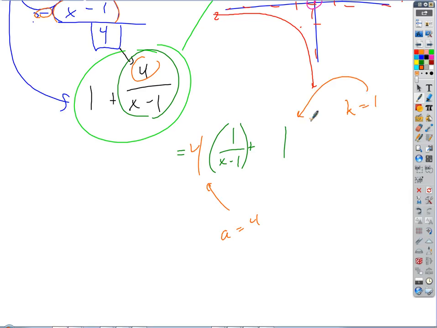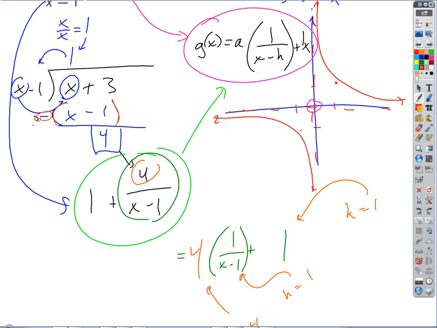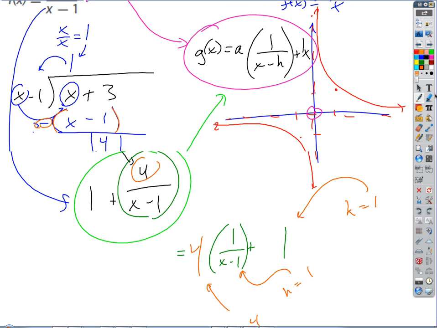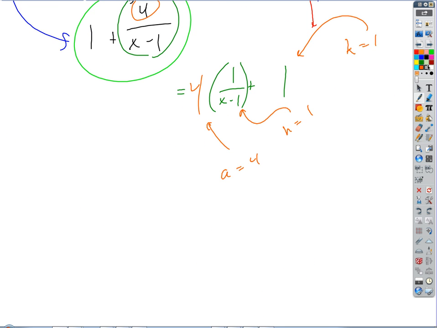And what's the other thing we see up there? H is 1, good, because it's what's being subtracted. Okay, so if we wanted to graph this then, this one's going to be a little bit different, right? We've taken this parent graph, and we've moved this point over to (h, k), so we moved it over to (1, 1). Everybody see that? Okay, so if we made a graph of this one,